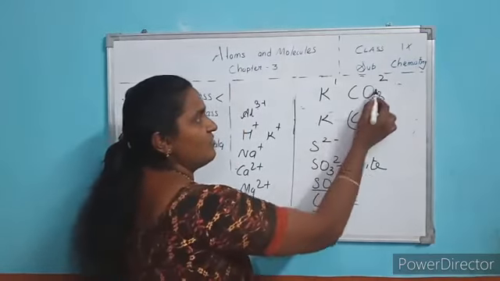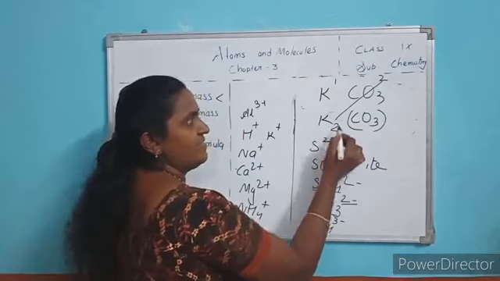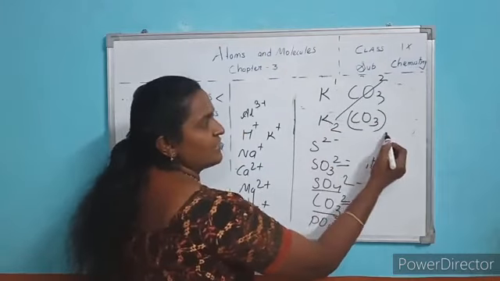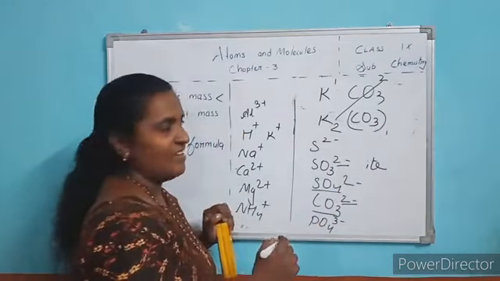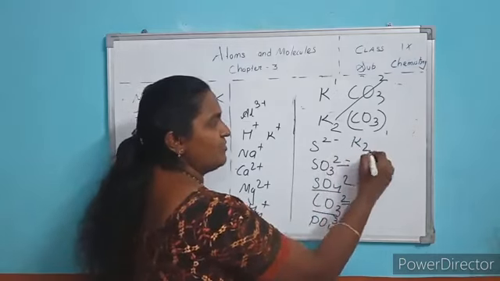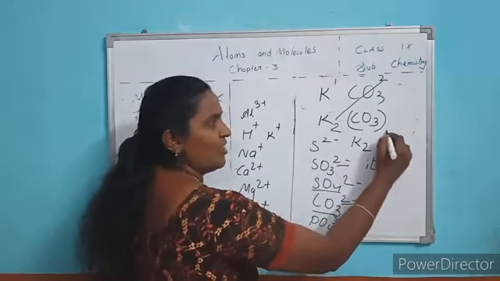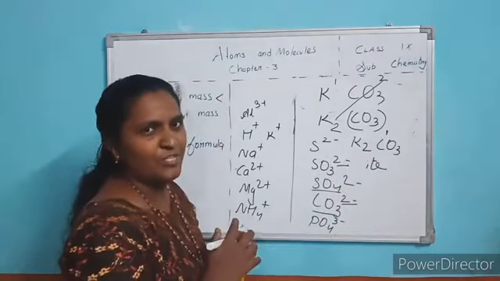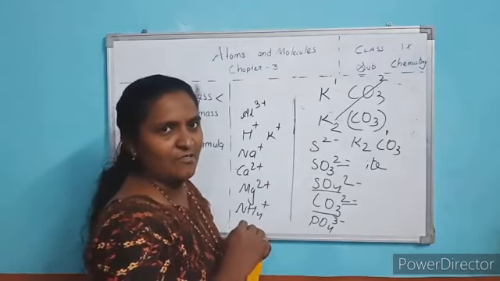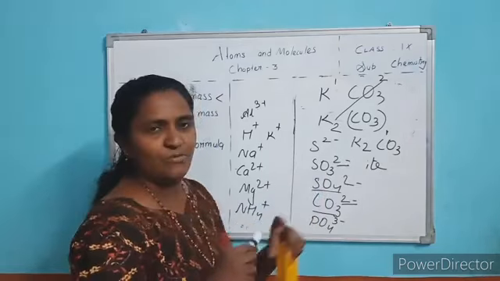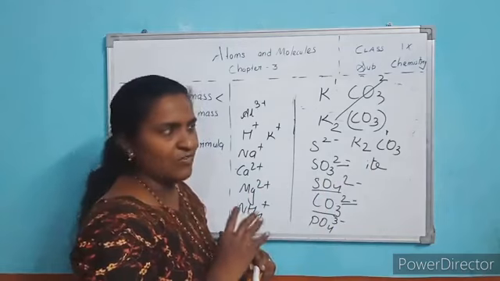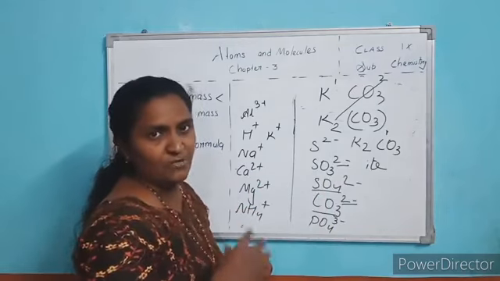Clear? Now this valency you write here, and the potassium valency you write at the carbonate place. And the formula is K2CO3, because for one there is no need of writing. You need not mention the one. Okay? Clear? K2CO3. This is the way you have to write the formula. You practice at home.